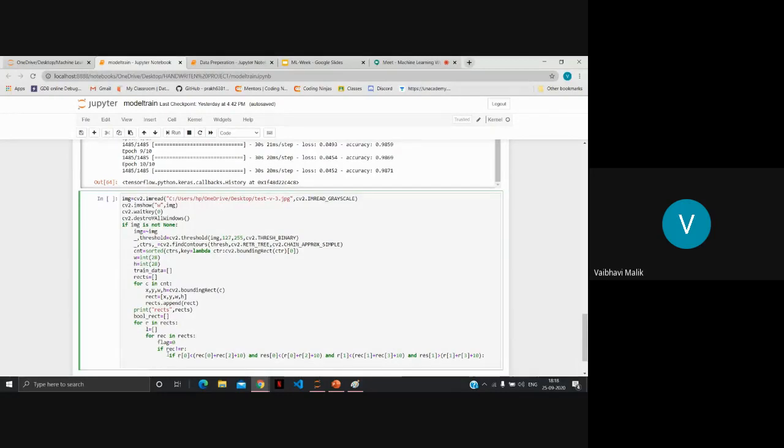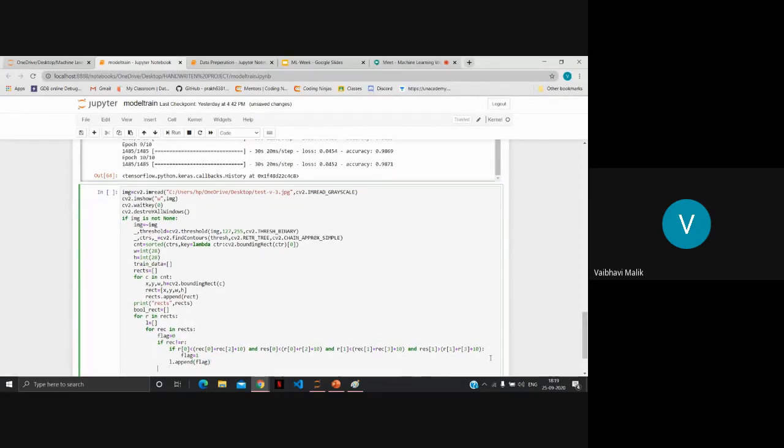For this condition to be true, all the conditions should be true, as there is an and between all of them. If this condition happens, then the rectangle is invalid, and we will make our flag 1. And we will append the flag value into the array which we have created.